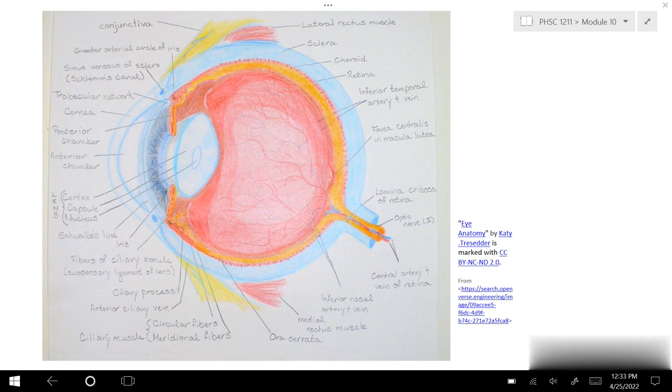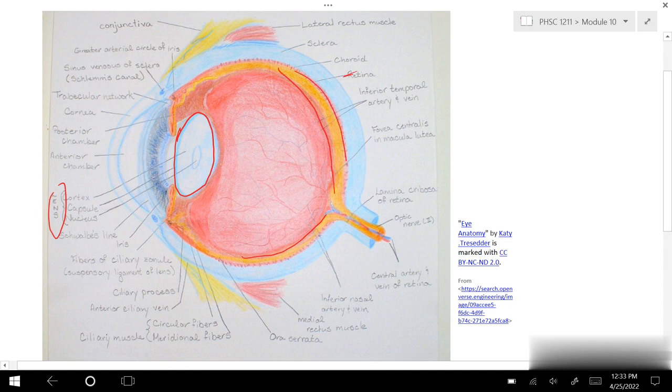So I got this picture of the eye, way more complicated than you'll need to know for this class. You don't need to know all of these parts, but it was one of the better pictures I could find. And so when you're looking at some things, you're going to go through and check some things out and some of the things that we're used to. So this part right here is the lens. Okay, I'm not worried about all three parts. We have a lens there, poorly traced. We have the retina